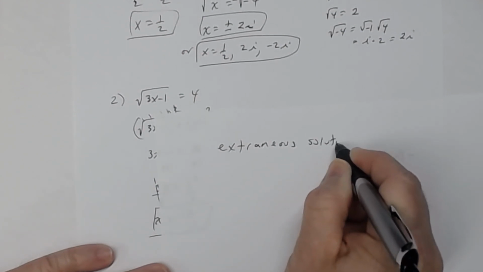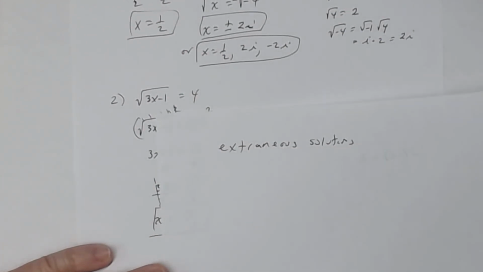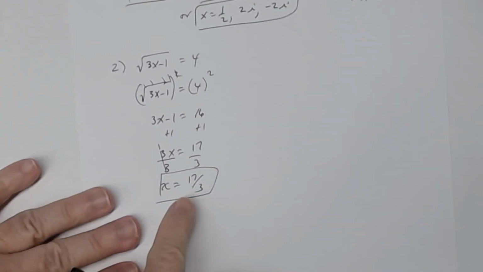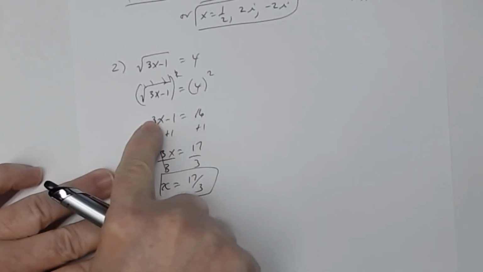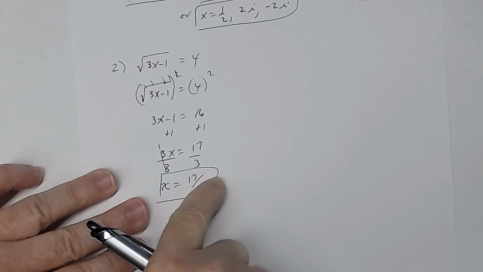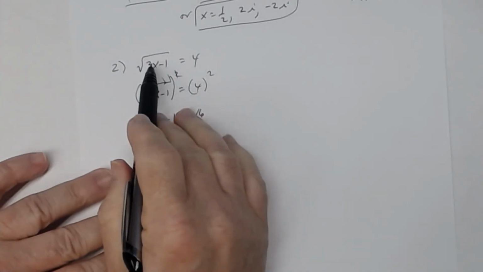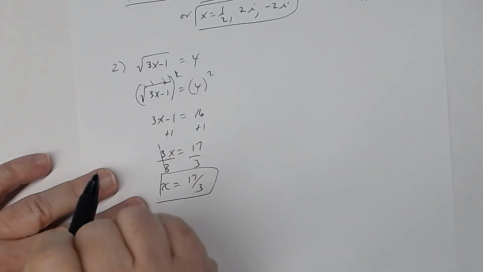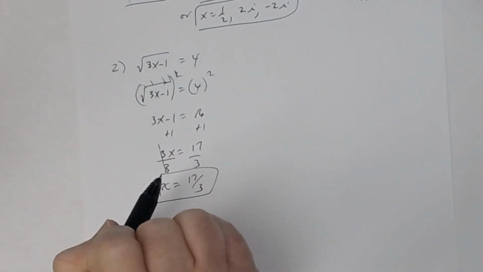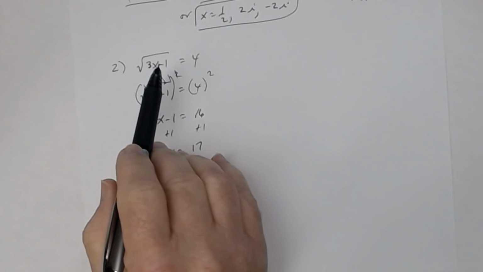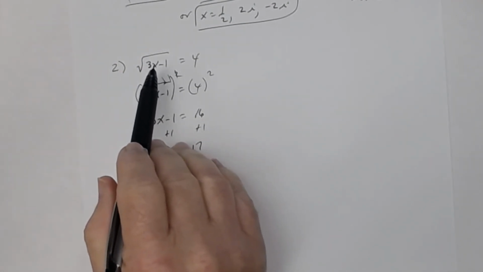So these are false solutions. That means that the 17/3 is a solution to this linear equation, but the question is, is it a solution to the square root equation? Now, in this case it is, and you could check this, but one of the things I